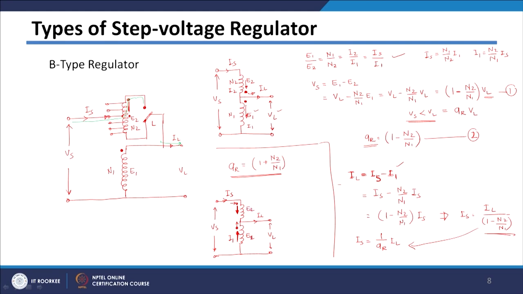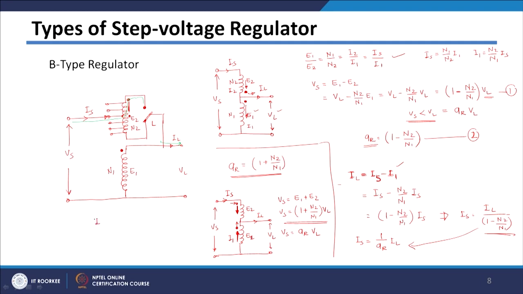So, I can easily write in this case your Vs will be equal to E1 plus E2, and by using same philosophy I can just say Vs will be equal to 1 plus N2 by N1 into VL. So, we can get these relations. So, which will make Vs will be equal to nu AR, which I am getting it here, multiplied by VL, and same relation in this current relation also